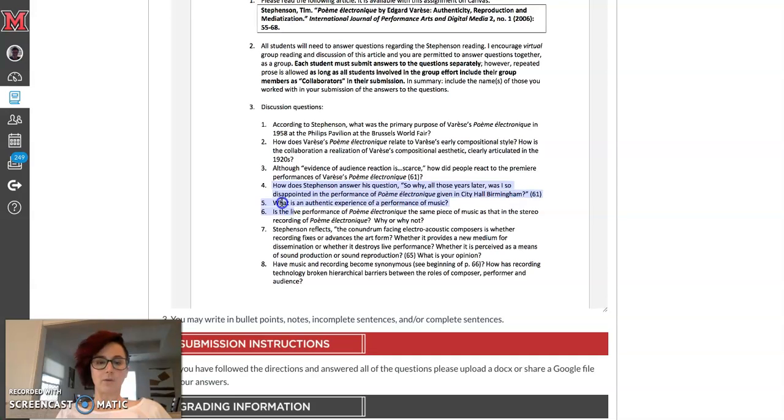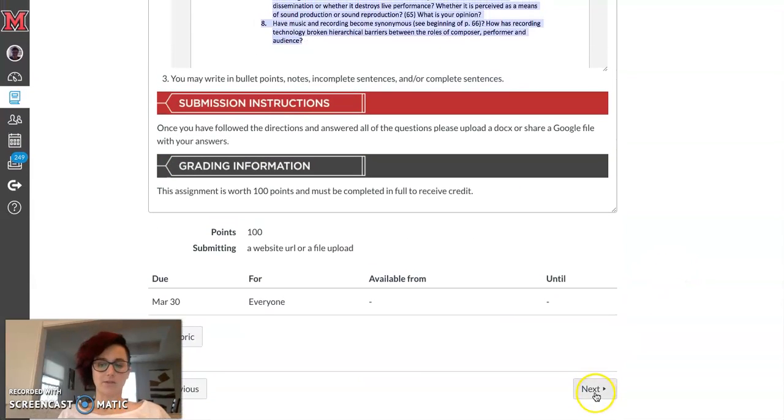questions 5, 6, 7, and 8 will actually be the basis for the next two steps. So this is step 4, and for steps 5 and 6, you're actually just going to be posting your answers to these questions. So a lot of what's required in text will already be thought through in this stage. So you know I like scaffolding, and I really like to scaffold. So let's move on to what those discussions are.